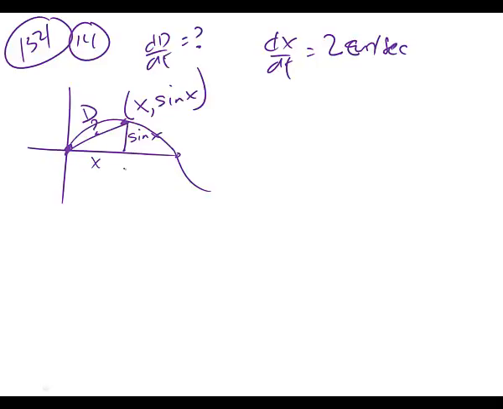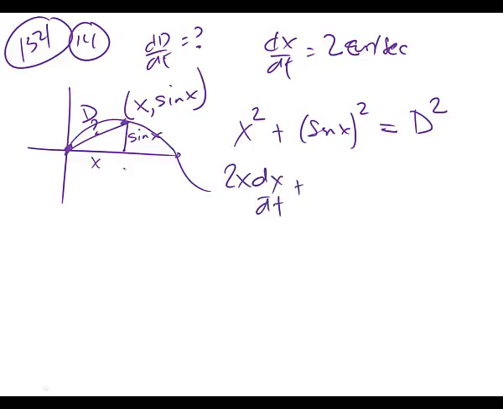Alright, so I'm going to use the Pythagorean Theorem with what I have set up there. So I would say x squared plus sine squared x equals the distance squared. And then we're going to take the derivative of that implicitly. So it's with respect to time, what's the derivative of x squared? 2x dx/dt, good. Plus, we're going to bring this into the front. So 2 sine x, the derivative of sine is what? Cosine x, and then the derivative of the x would be dx/dt. Okay, equals,